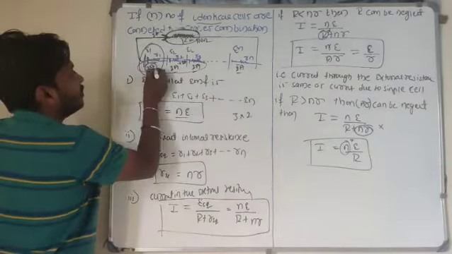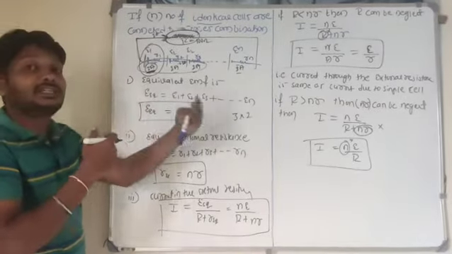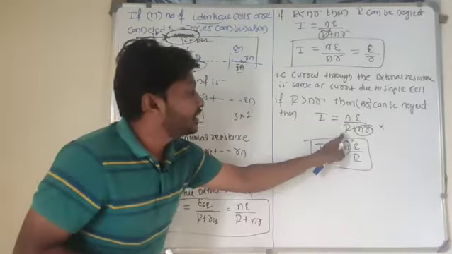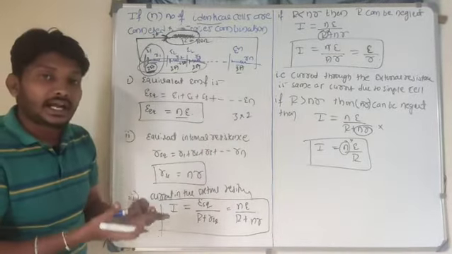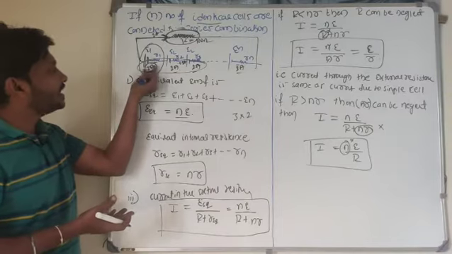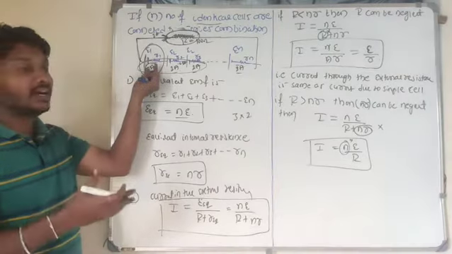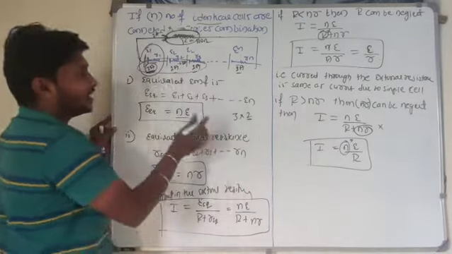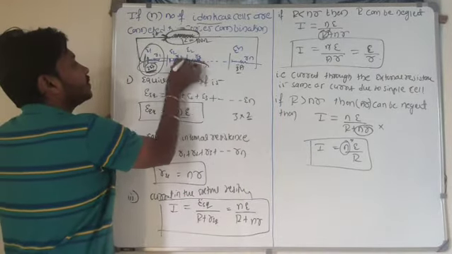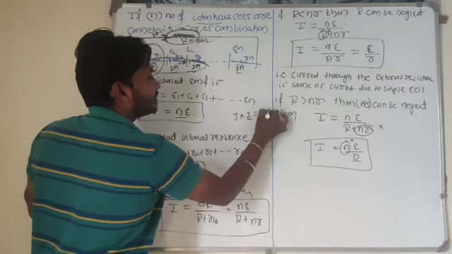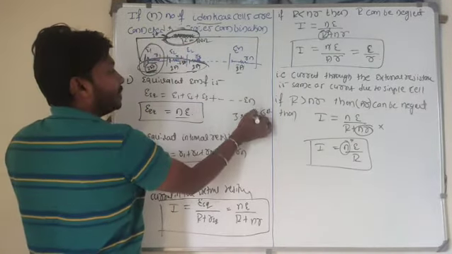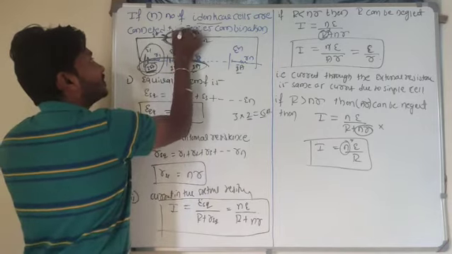If a single cell produces 2 ampere of current and 3 cells are present, how much maximum current flows in that external resistance here? 3 into, so that is the current in the single cell here. So a single cell produces 2 ampere of current. Then what is the maximum current through the external resistance? 2 ampere of current is produced by each cell, and totally 3 cells are there, so the current is 6 ampere in that resistance. What is the maximum current? 6 ampere if the value of external resistance is high.